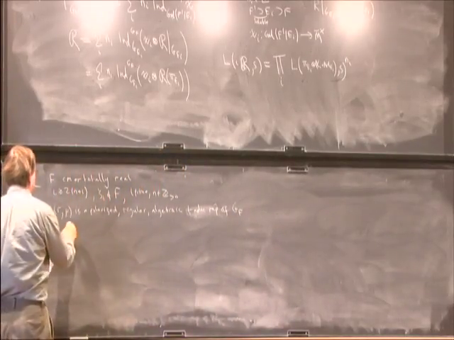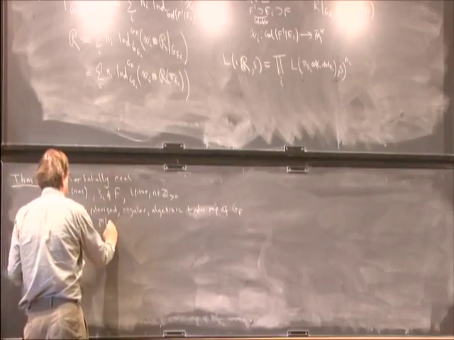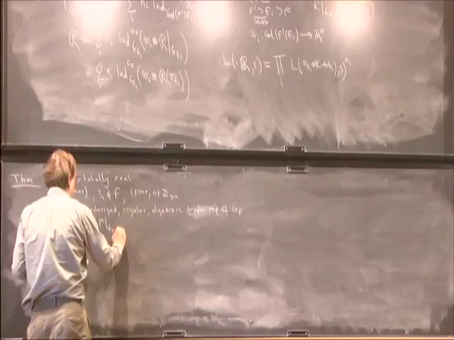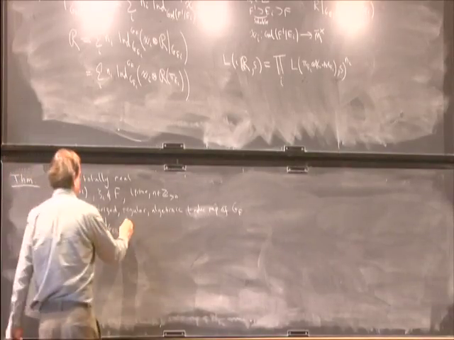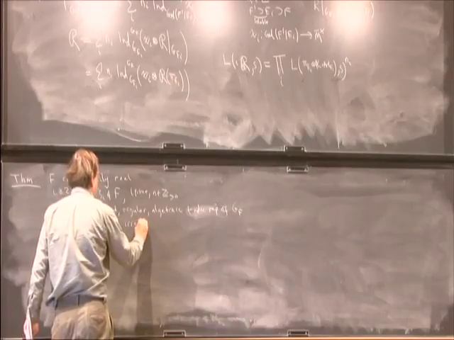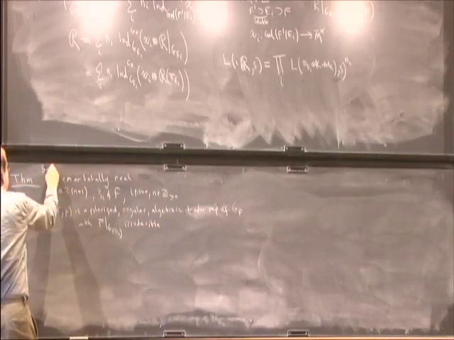And I want to assume that when I form the reduction and restrict to the cyclotomic field F(zeta_L), this is irreducible. So suppose